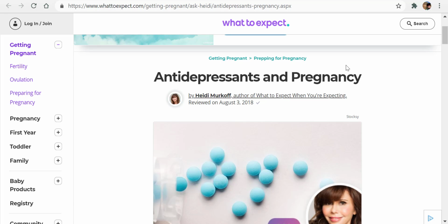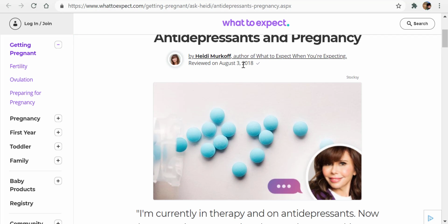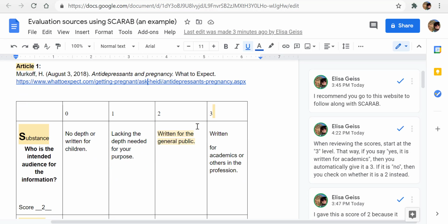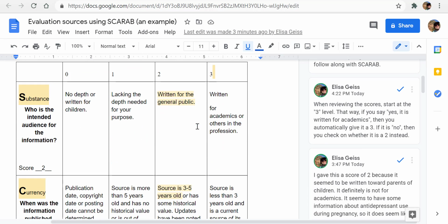So some things just to notice, is this actually on topic, right? So is this relevant to what I'm doing? What about the author? Is this actually relatively on time? So just looking at this, it looks like, okay, yeah, it's very relevant to what I want. It seems like they have actually an author to it, and it seems to be within the last 3 years. So I'm going to go ahead and evaluate this.